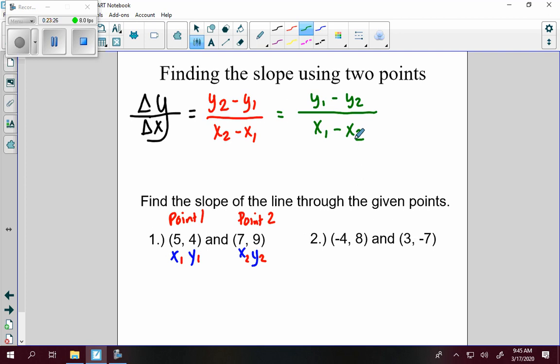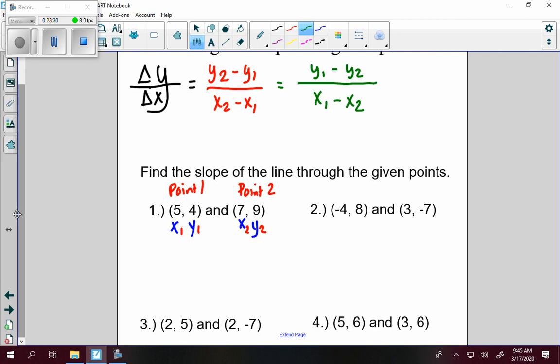I'm going to do it the green way. You can do it the red way if you choose. I'm not trying to change your way. I'm just trying to make it easier for you. So here I go,